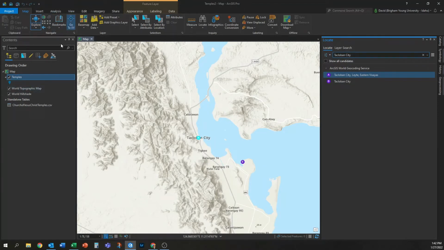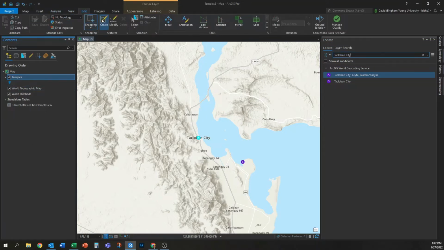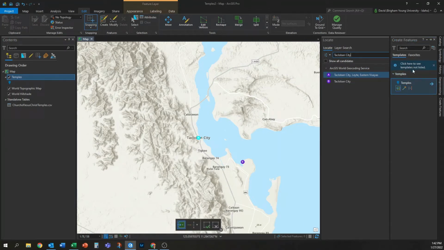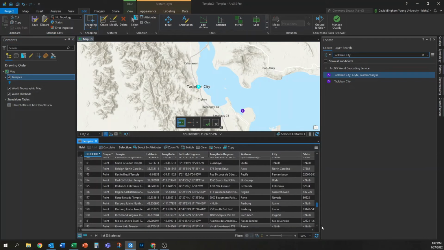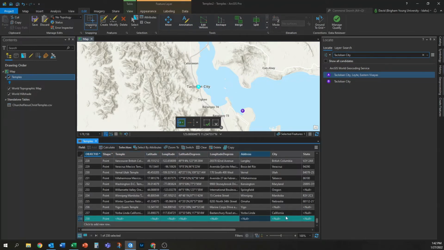So what I'll do is make sure my temples layer is highlighted, go to Edit, create a new feature, and click on my template over here in the Create Features pane. And I'm just going to drop a point there. If I go into my attribute table and scroll to the bottom, you'll notice that none of the attributes have been populated for this new temple. So I'm going to call this Tacloban City, Philippines